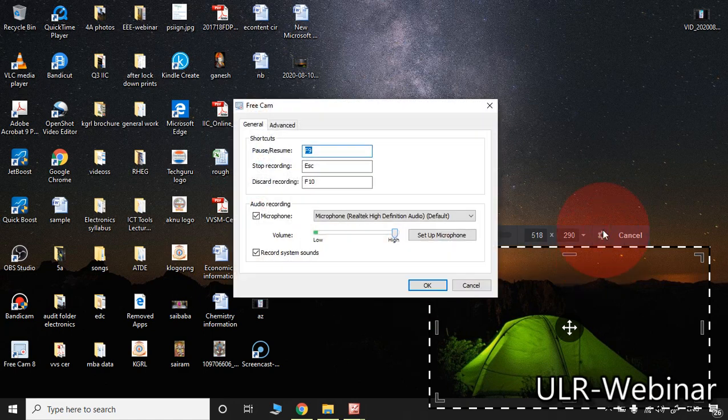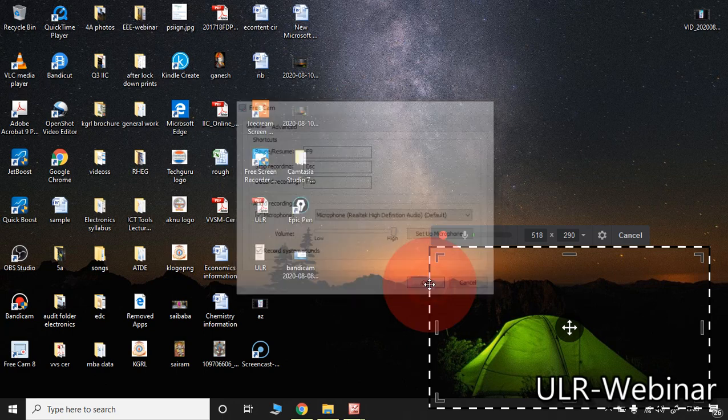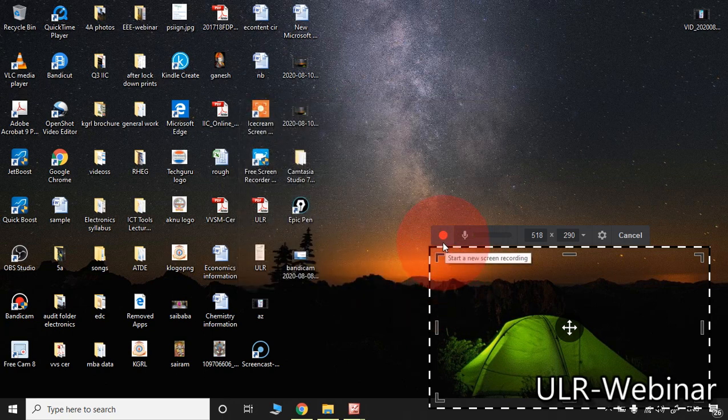So in the settings option, options to pause the recording, resume the recording, and stop the recording are available. Then how to start the recording? Above this particular window, please observe, to start the recording we need to click in this place. We are supposed to click F9 to pause. We need to click the escape button to stop the recording.